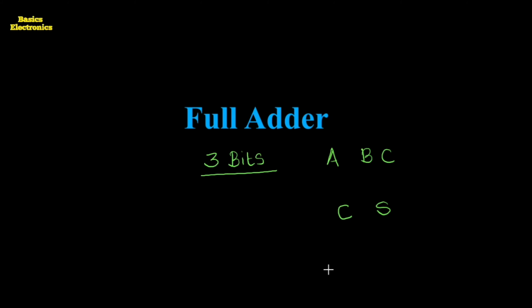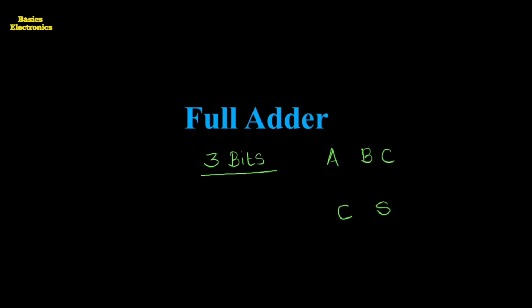The number is the combination of multiple bits, but here we are going to add three separate binary bits. So the full adder performs the addition of three binary bits and produces the output in the form of